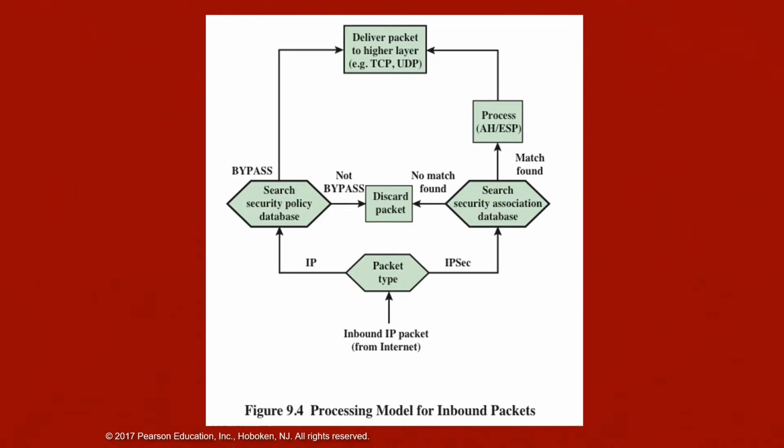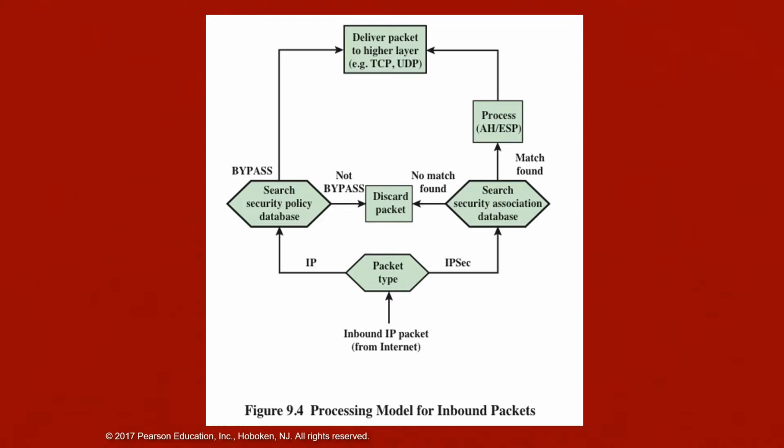IPsec determines whether this is an unsecured IP packet or one that has ESP or AH headers by examining the IP protocol field in IP version 4 or examining the next header field in IP version 6. 2. If the packet is secured, then IP searches the SAD. If no match is found, the packet is discarded. Otherwise, IPsec applies the appropriate ESP or AH processing. Then the IP header is processed and stripped off, and the packet body is delivered to the next higher layer,